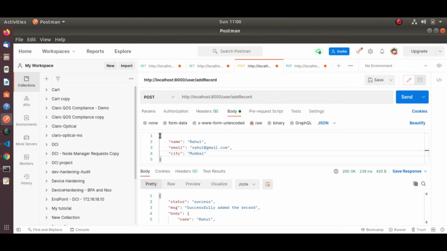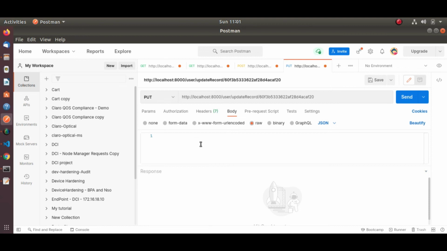Initially I had added this record. So let me update it. Let me change it to Rahul 1. Similarly, change the email ID.